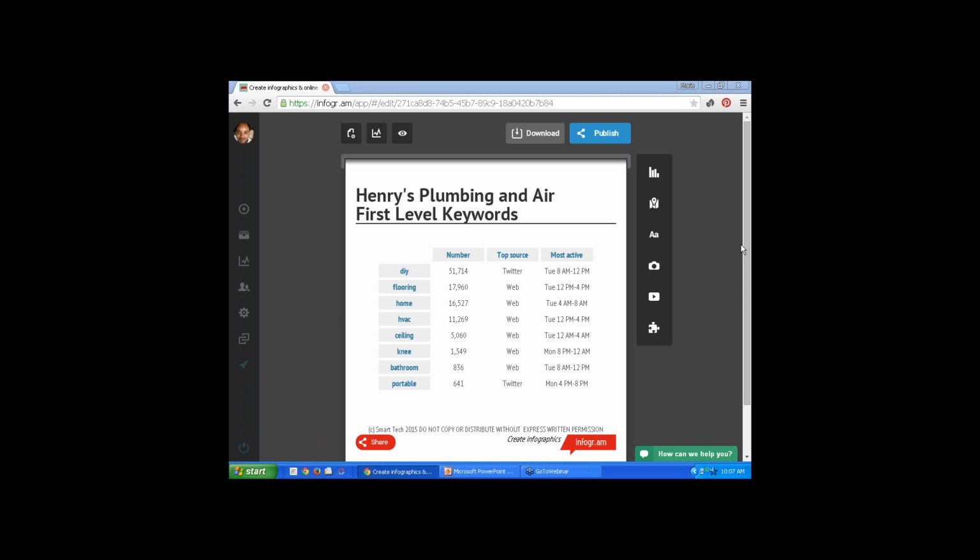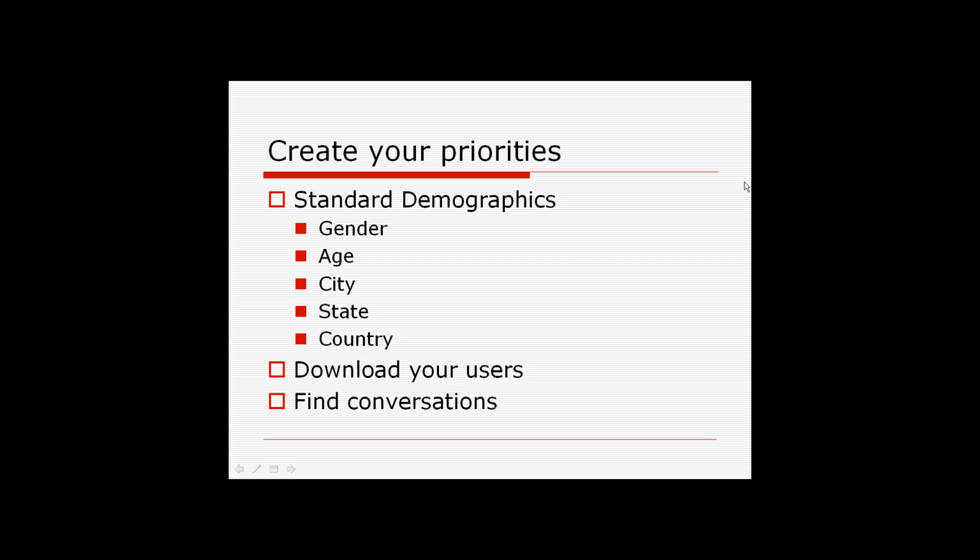So you want to make sure that you're clear on who. You really have a model of what's going to be effective. And how you do that is making those lists, downloading your users, finding those conversations, seeing when they do what they do, and then making your campaigns and planning, creating your priorities. Okay, so